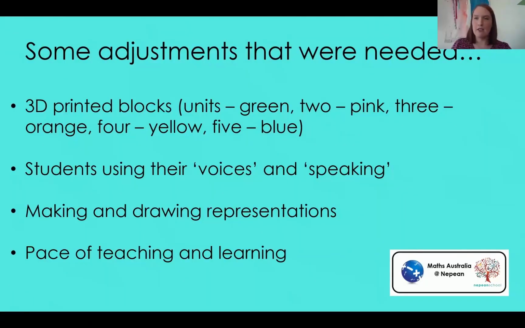We could magnetize it to the individual whiteboards, which meant they'd have a little bit more resistance, and they wouldn't have to necessarily hold them. They could be stuck down. And I had one of our APs say to me, I'm not sure that all of our students are still going to be able to access these blocks. And I was like, oh man, I thought I'd covered everything. I thought we were ready to go.